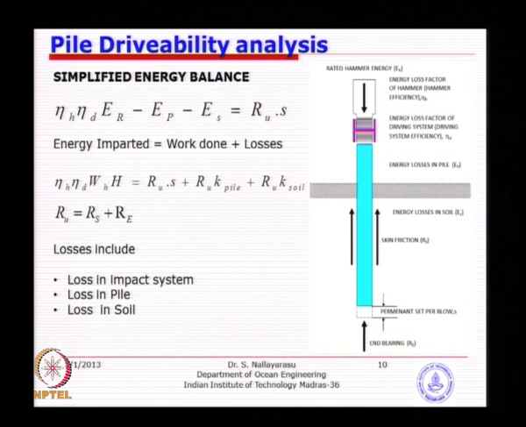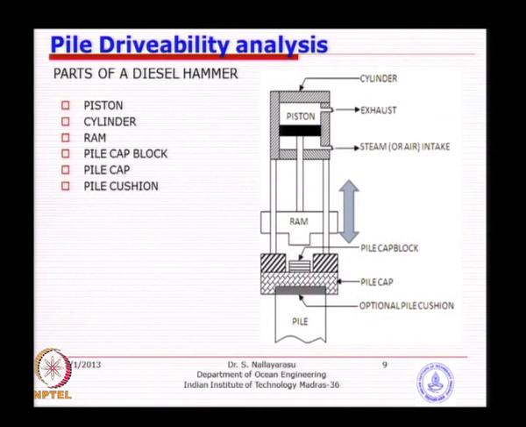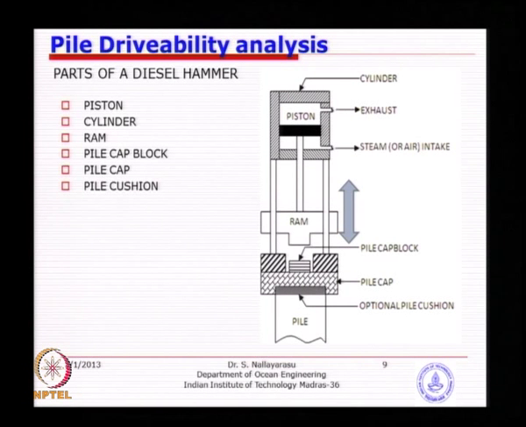So, the hammer efficiency, and the next one is the driving system efficiency, which is nothing but the hammer plus the pile head interface. You have a pile cushion, you have a cap block, and you have an anvil. If you go to a blacksmith shop, you will have an anvil. Very similar, you have a large metal piece placed on top of the cap, so that when you strike, it takes the immediate impact force, but ultimately transmits the energy downwards.